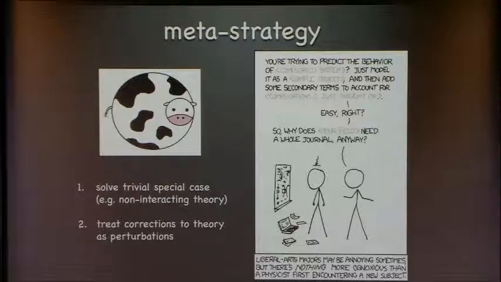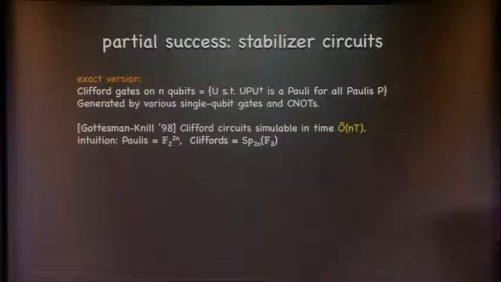I suspect that entanglement is the right parameter. That was the intuition of Feynman originally, and it's the one that people have generally followed since then. But I want to show you that the situation is not complete. It's not all about entanglement. There's this strange example that's very simple. It goes back to the beginning of quantum information, of stabilizer circuits, which shows how this general picture can work in different ways. So what is a stabilizer circuit?